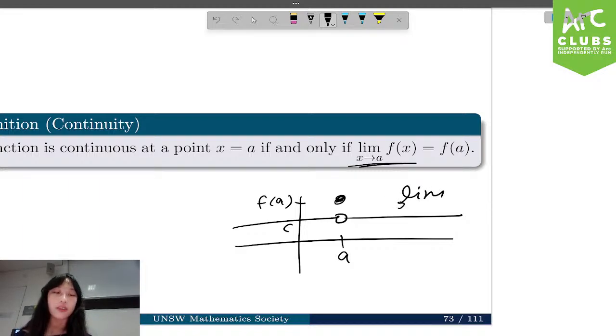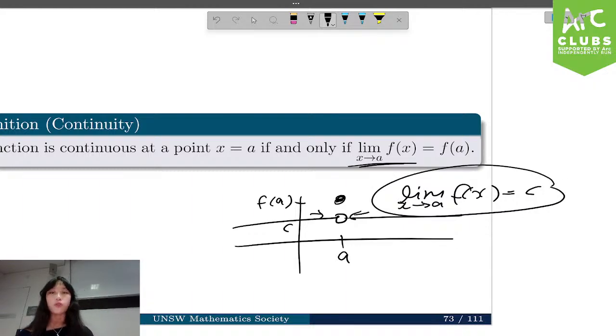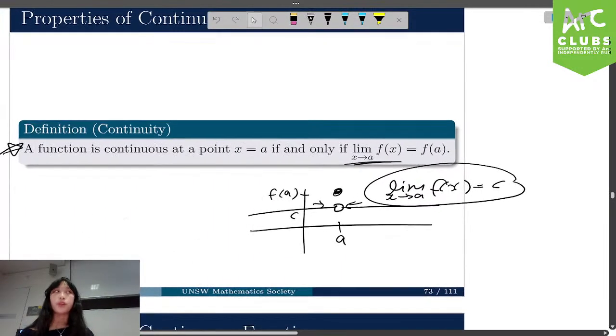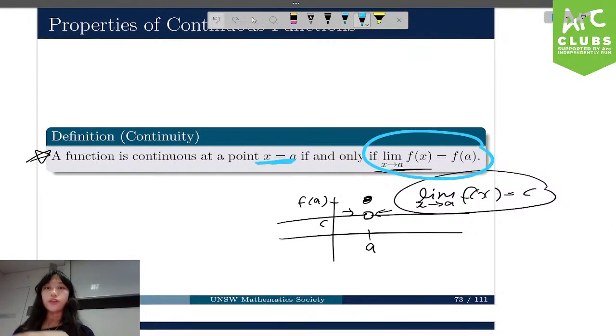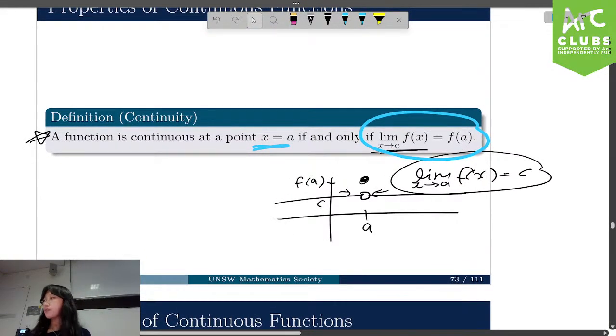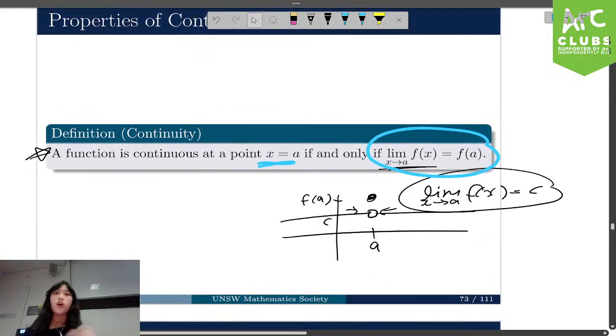then what's actually happening is that the limit as x approaches a of f of x is not f of a, it's c, because we evaluate this limit at a point from the left-hand side and the right-hand side, and because they're equal and they're both equal to c, we can say that this is true. So the value of the limit has nothing to do with this point. If it was related, then this definition of continuity would be quite redundant, but they're not related, so it's a special property that if this is true, then that means that the function is continuous at this point. Okay? All right,